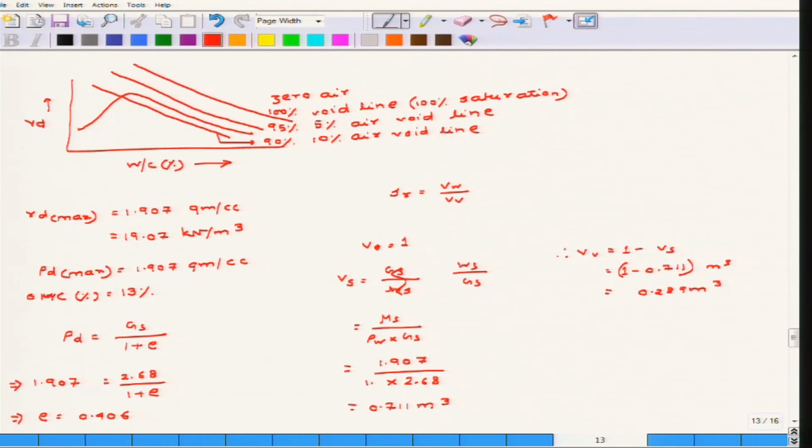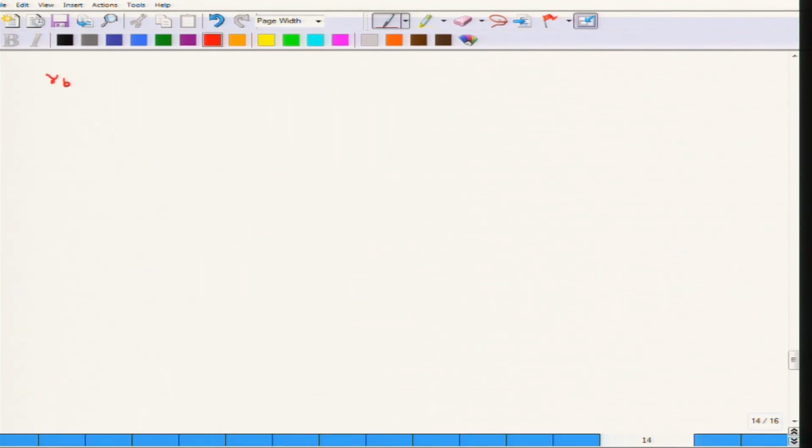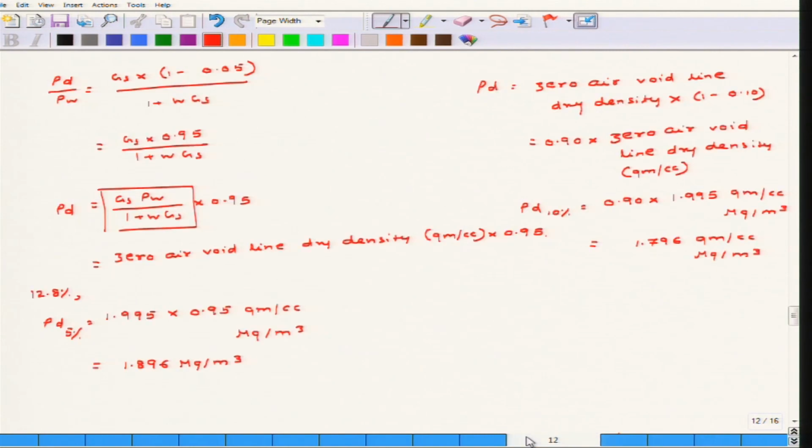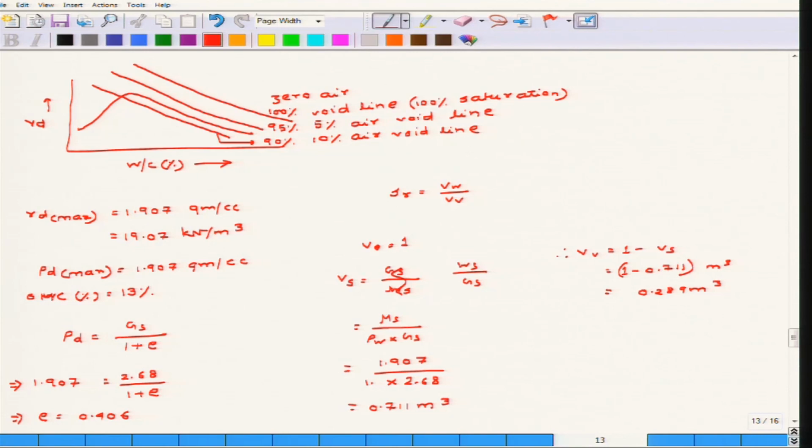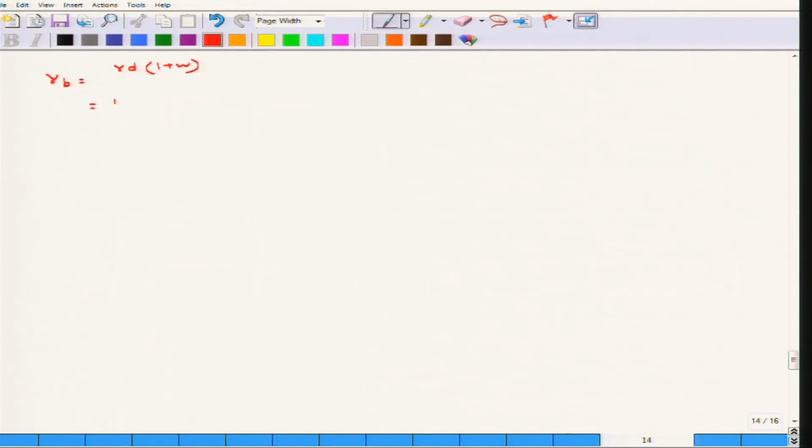Now, you can find out in this way, or there is one more easier way, that is to find out what is the bulk density first. So, bulk density is equivalent to gamma d into 1 plus w. We already know that rho d for the maximum dry density is 1.907 gram per cc, and the optimum moisture content is 13. So, 1.907 into 1 plus 13 by 100